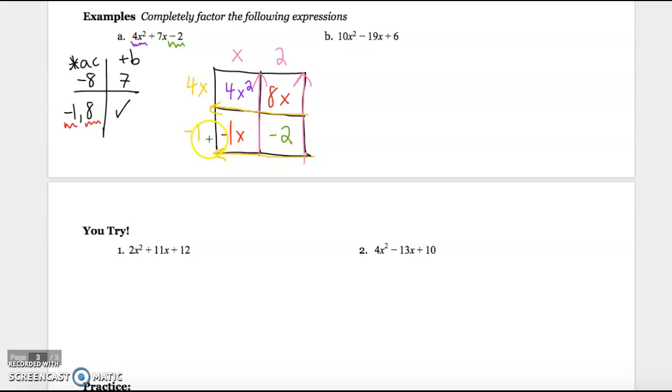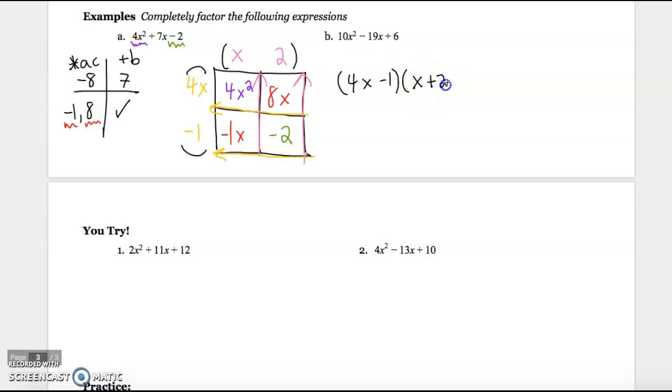Remember, the box that's closest to your GCFs where you're pulling out greatest common factors determines the sign. So from this row, it's got to be negative. From all my other columns and rows, though, it was positive. Okay. And then those are my factors themselves. Right there and right there. So again, sorry, B, we're just going to ignore you for right now, and then I'll come back and work out this one. So my factors are 4x minus 1 and x